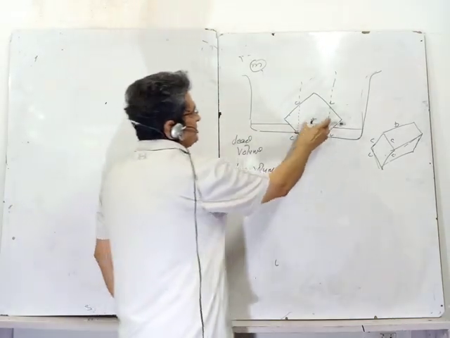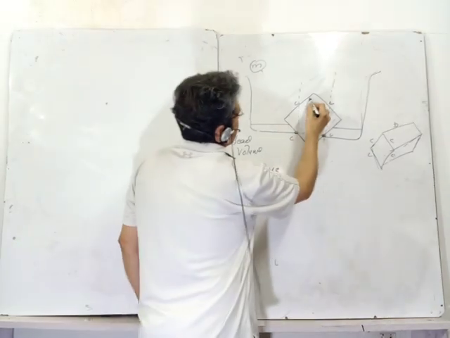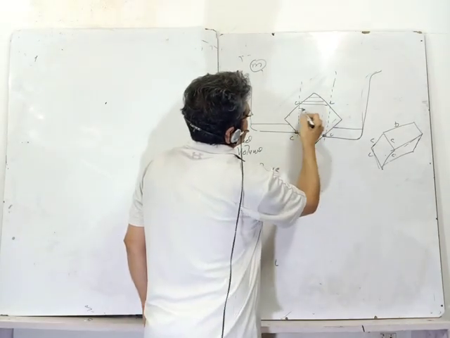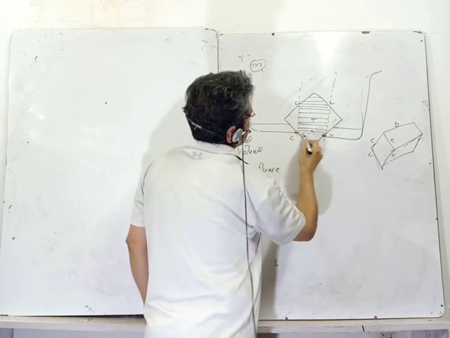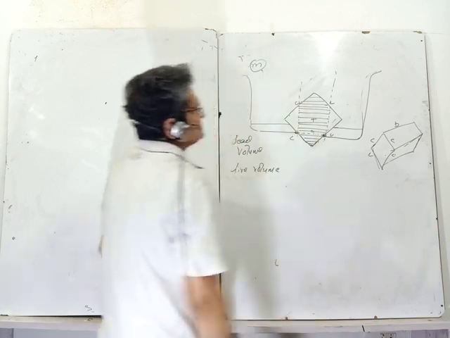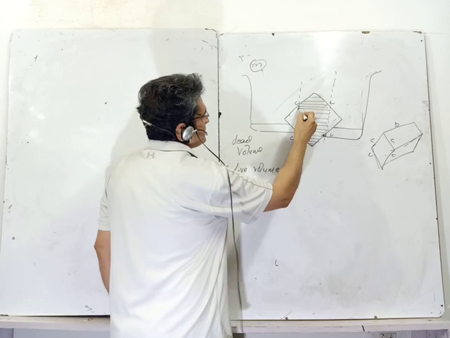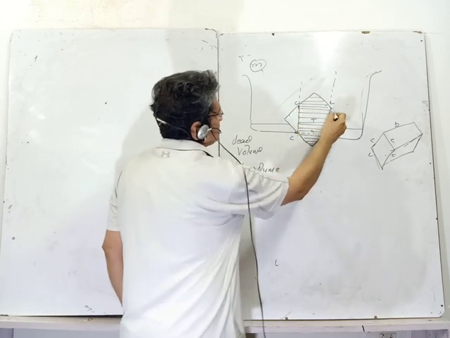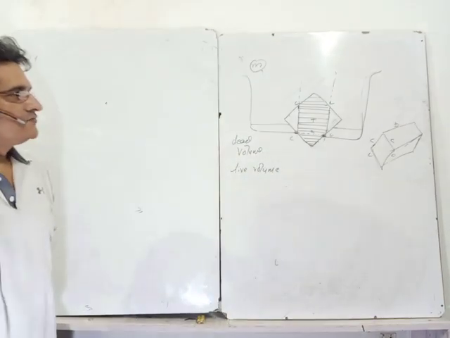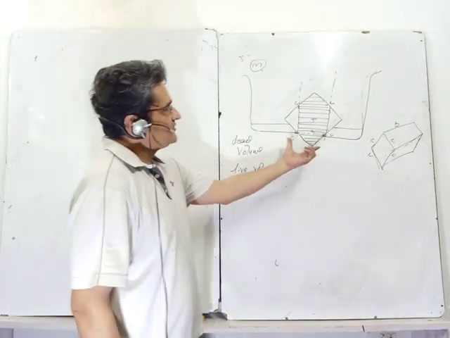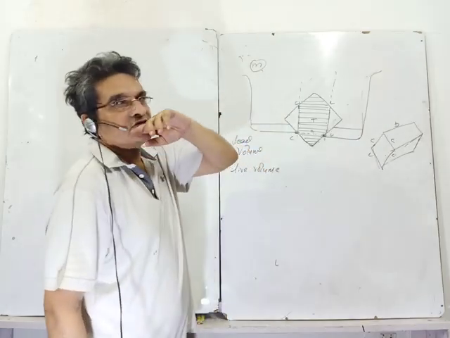These vertical lines will define my live volume and dead volume. Whatever falls inside these vertical lines is all my dead volume. This will never give me upthrust. Upthrust will be given only by the volume on both sides, this cross-section area multiplied by the depth. So this is what will give you upthrust, not the dead part, the part which I get after drawing the vertical lines from the lowest point of liquid.